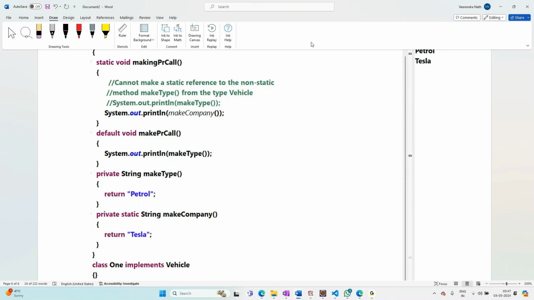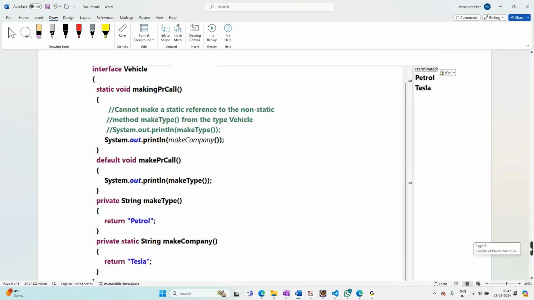Now tell me what is happening here. I have the interface Vehicle. Static void makingPRCall. Now, who is makeType? No, this. So remember this call, and try to understand this call first. What is this call? makeType. So what is makeType here? makeType is